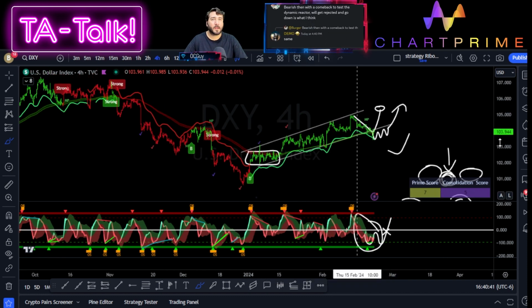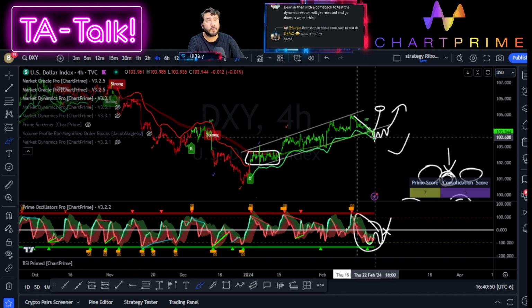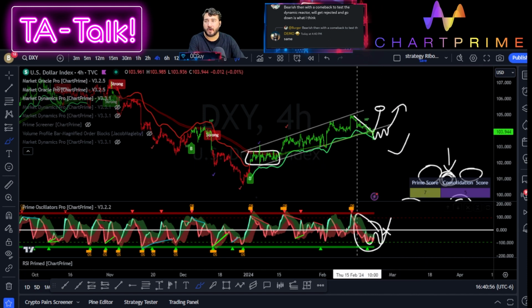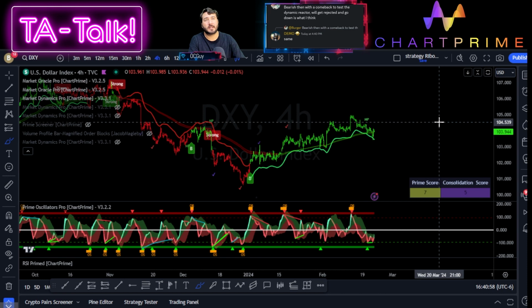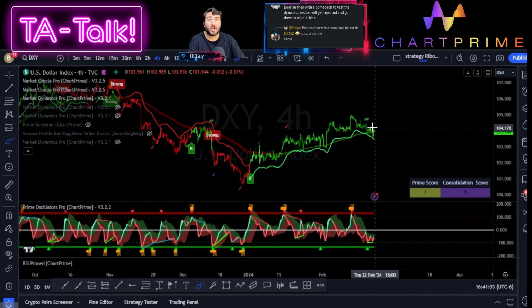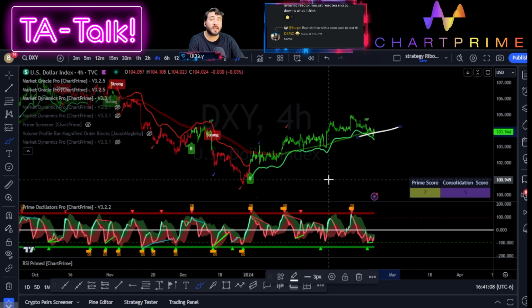All right, now let's wrap things up with how far it could go and where our positions could be. So far we're bullish, and we should be trading it as a bullish asset because we haven't lost the dynamic reactor and we have a pretty high prime score. I understand the demo is bearish. Nonetheless, I will not be taking any bearish movements in here until I break the dynamic reactor.